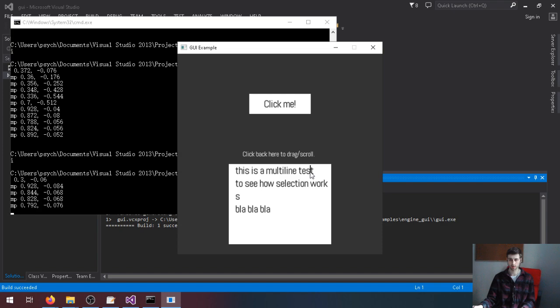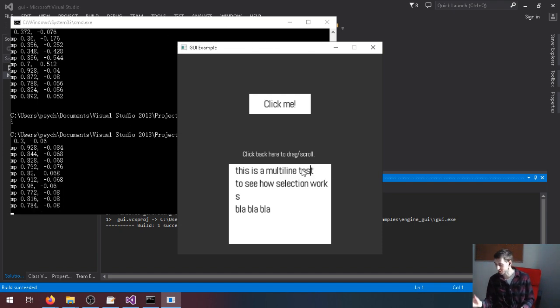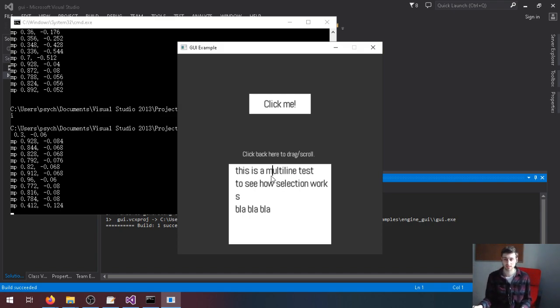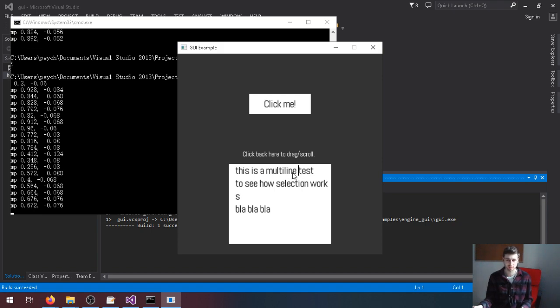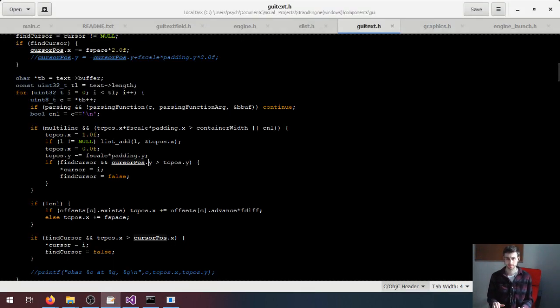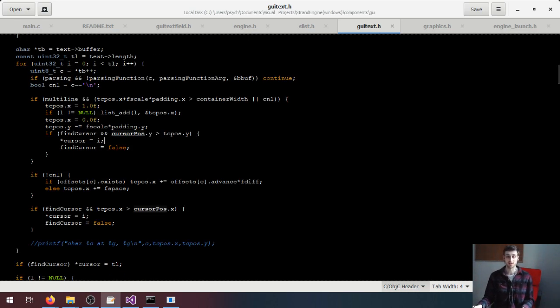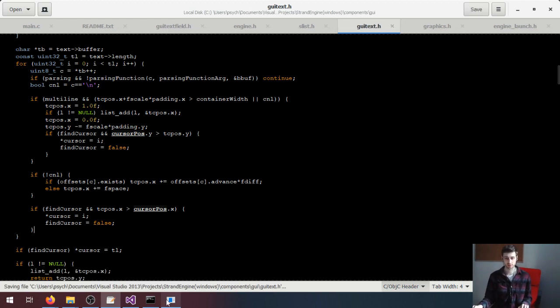Yes, there we go. Okay, there, boom, you can select the last character. Dude, this simple stuff like doing text selection in a GUI is so complicated. Like, this is math right here. Okay, I wouldn't say it's complicated, but it's not simple. It's not simple. Alright. So now this checks